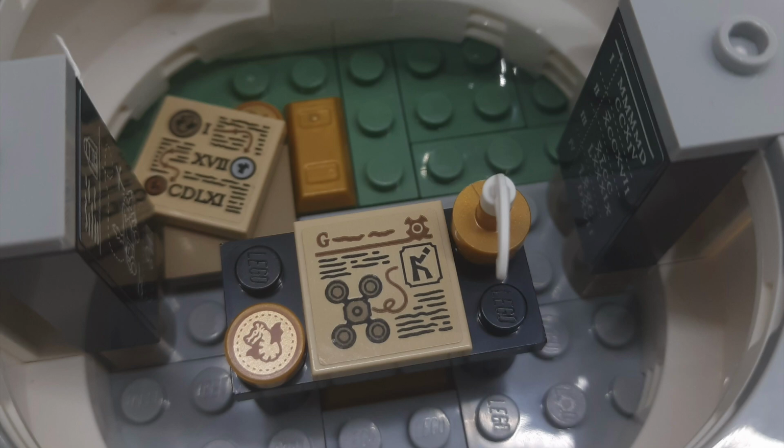So you can see this, I think it's a disc. Some golden coins, and also some gold bars in the back. You can see this piece of paper. I think it says G, so maybe Goblet, Gryffindor, like when designing the Sword of Gryffindor. You also see some other things in the background, like I think some Roman numerals, and you can even see a pen on the desk, and also on both sides there are some stickers